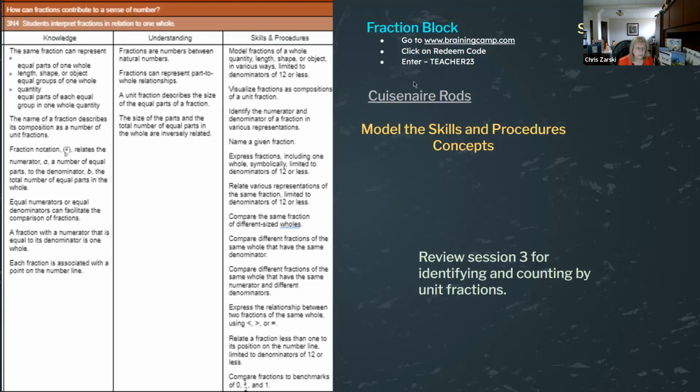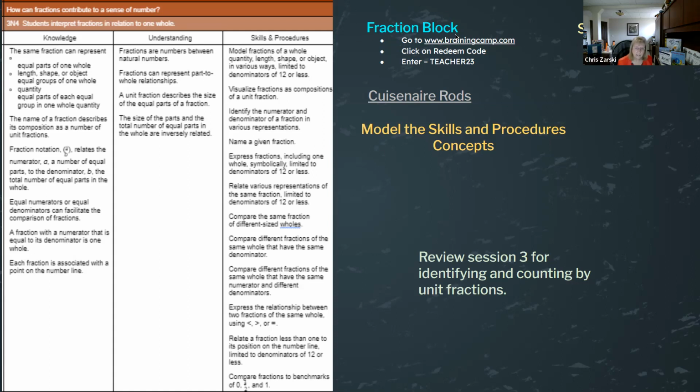So again, when we talk about fractions, we can talk about where I can keep revisiting the work that I did with unit fractions. How do I skip count with a unit fraction? How do I show them? How do I get to a whole by counting on a number line by a unit fraction? All of those different pieces could have been done with all the pieces we've looked at before. So this slide that I'm showing you right now came from session 4. It's not new, we've done it before.